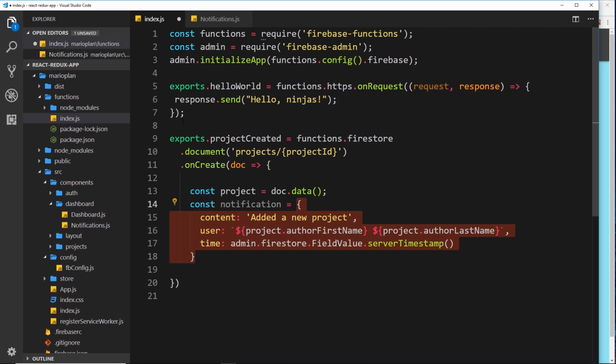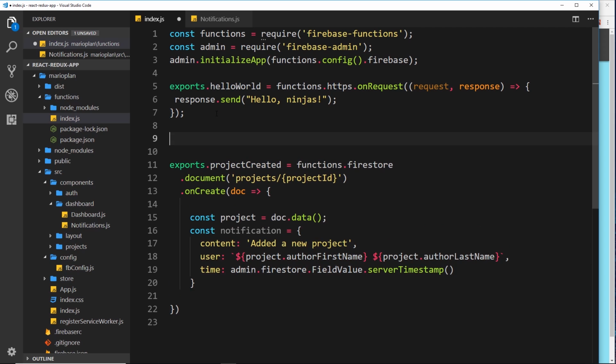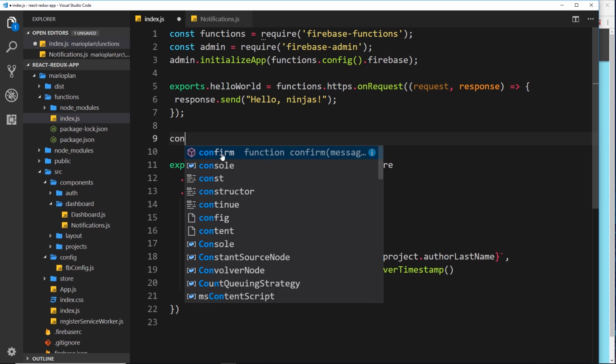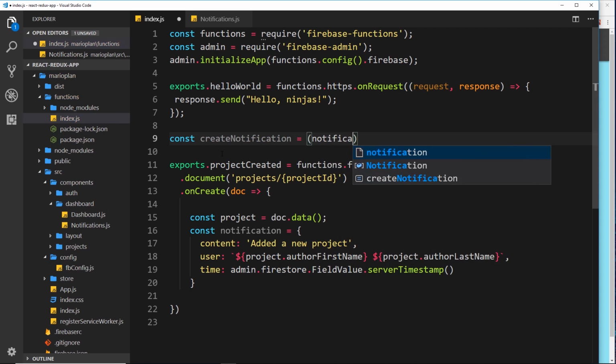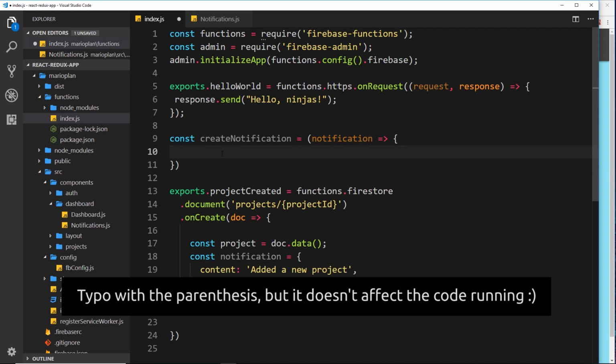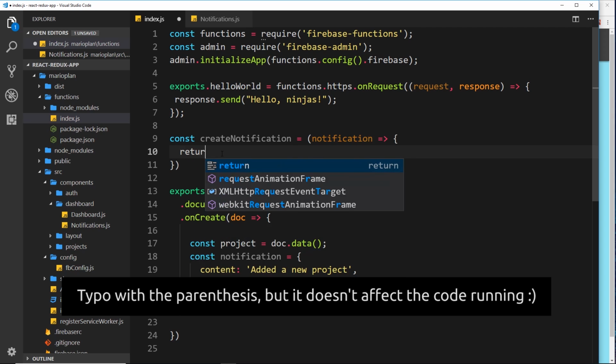So what I'm going to do up here is just create a simple function. I could create it inside here, but we're going to reuse it later, so I'm creating it outside of this. And this function is going to be stored in a const, and it will be called createNotification. Okay then, so this will be equal to an arrow function, and it's going to take in the notification. And then inside the arrow function, we're going to do something with that. Now we want to return